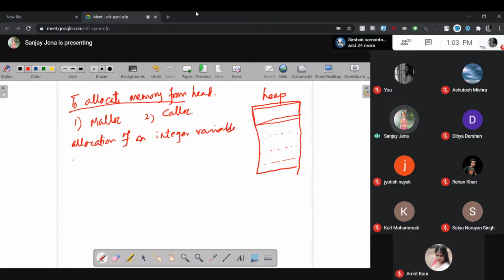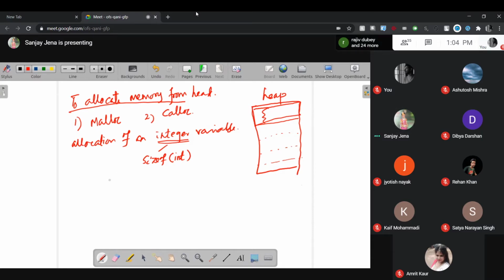How to allocate this integer variable? Do you know what is the size of integer? 4 bit. Achha. If you don't know, then you use the operator sizeof int. So that 4 byte, 6 byte, 8 byte, we don't care. This much I want to allocate. Now tell the heap, allocate the size of int.